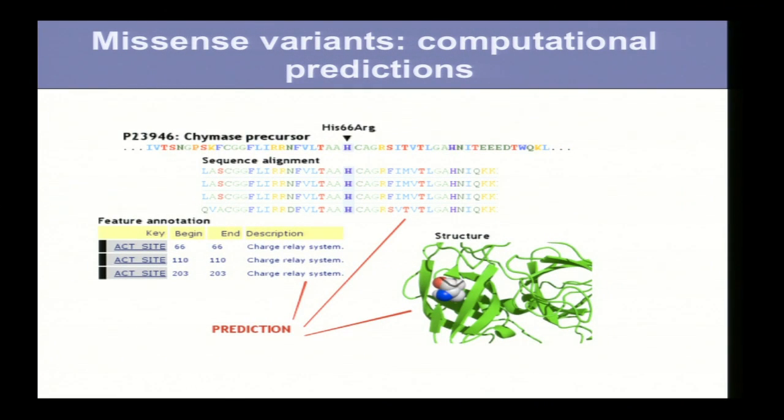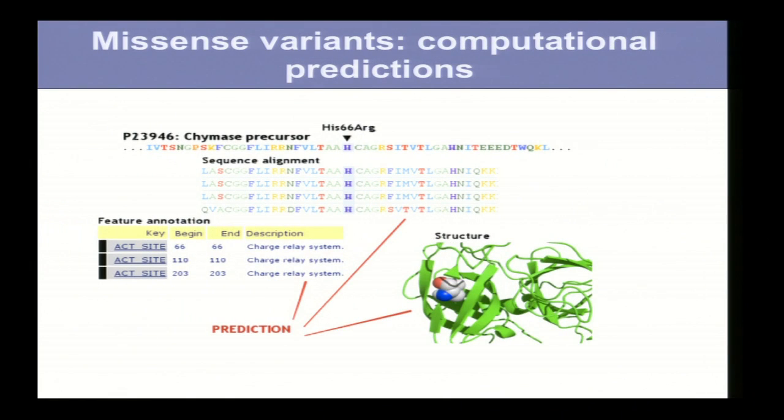Our major focus is on missense variants, variants changing amino acids. And we believe that if you look at disease databases, about 20% of those are strongly functional. And a lot of them are moderately deleterious and damaging.